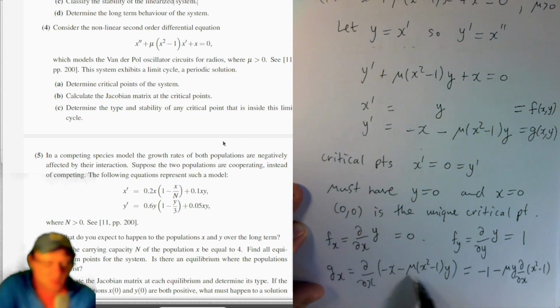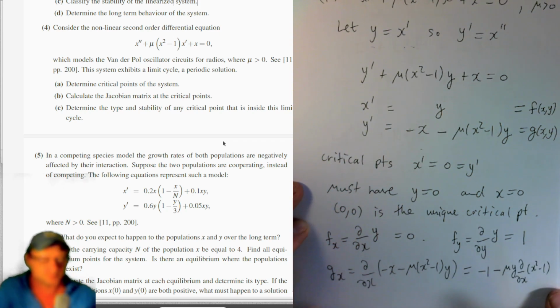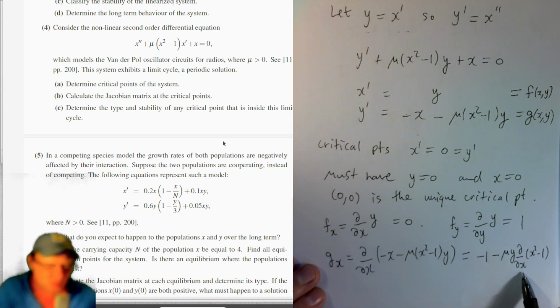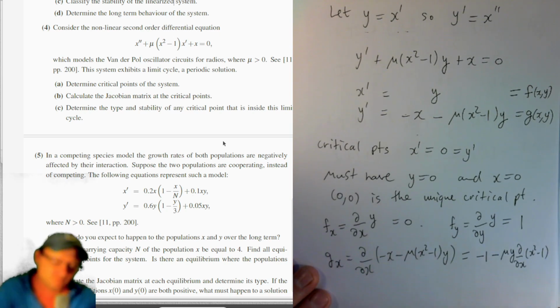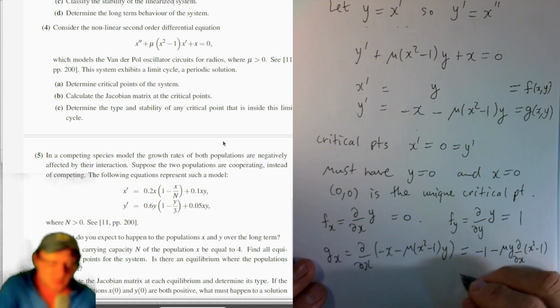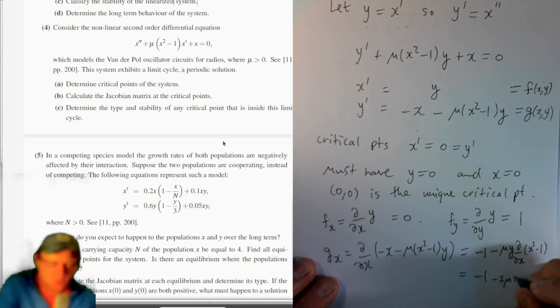Now we can treat the mu and the y as constants because we're taking a partial derivative with respect to x. Okay, now the derivative of x squared with respect to x is 2x. The derivative of minus 1 with respect to x is 0. So we just have minus 1 minus 2 mu x y